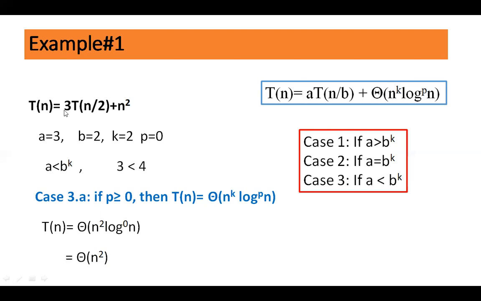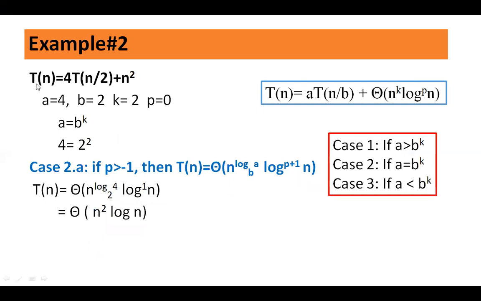So given this recurrence relation, if you apply master theorem, you can solve this recurrence relation and you get the solution as theta of n square. Again, I repeat, this is a time function of a recursive algorithm which is converted into a recurrence relation. And to calculate the complexity, we solve this recurrence relation and we use master theorem to solve it. And the complexity of that recursive algorithm is theta of n square. Fine. Now let us look at another example.